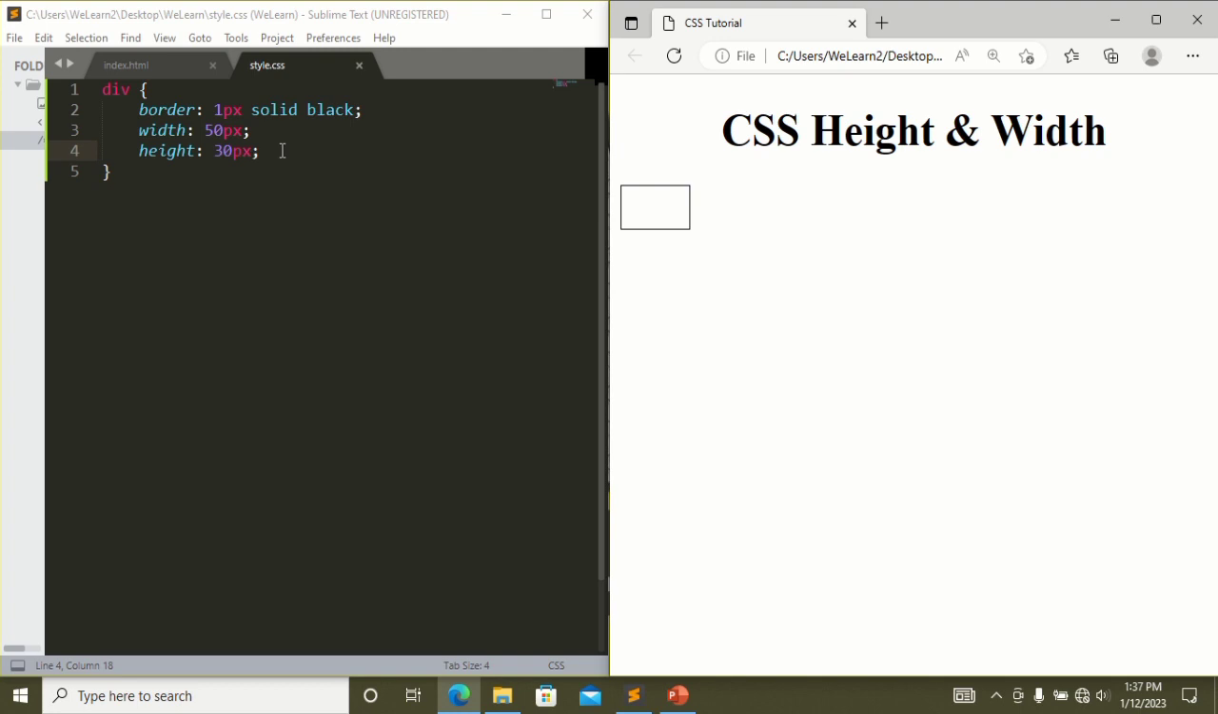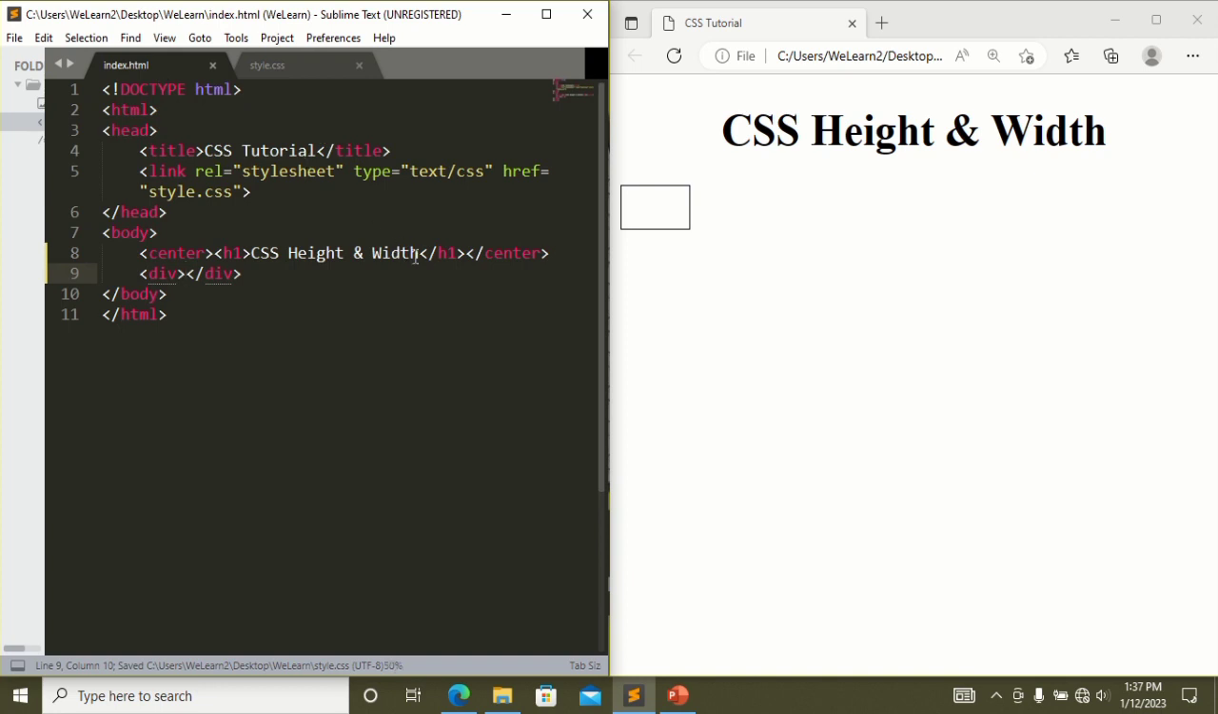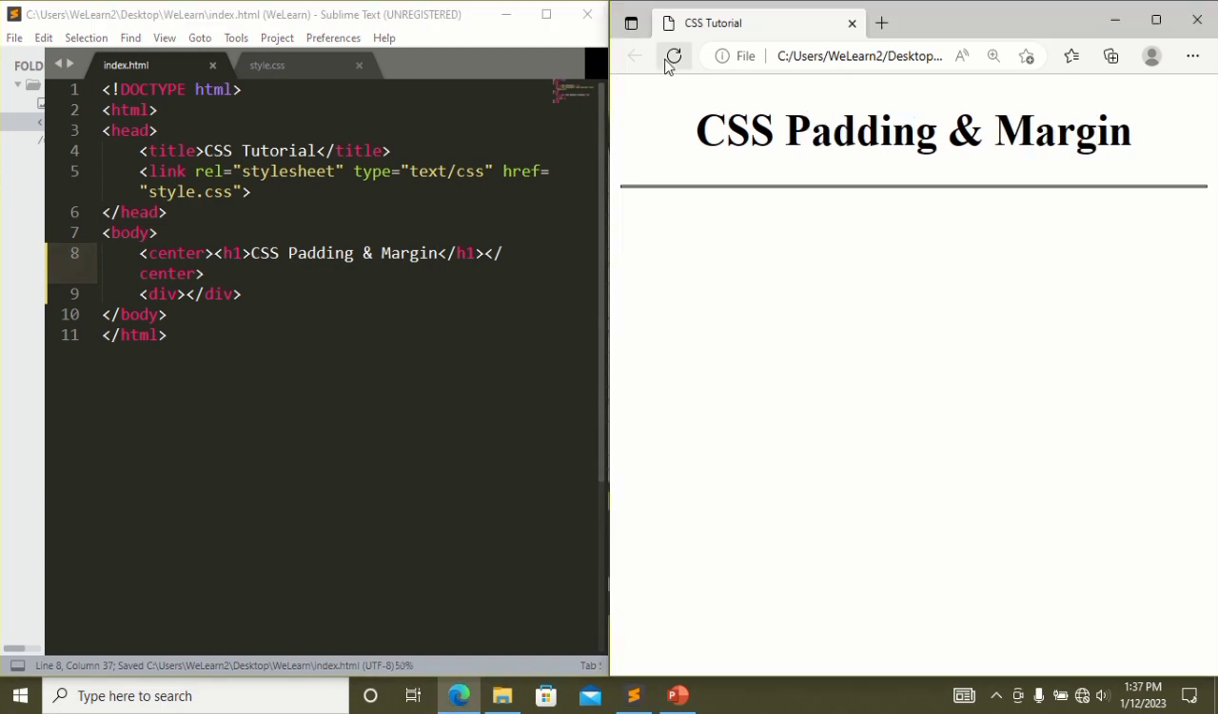So next on the list, we are going to look at CSS margin and padding. Save. Let's see. So with margin and padding,